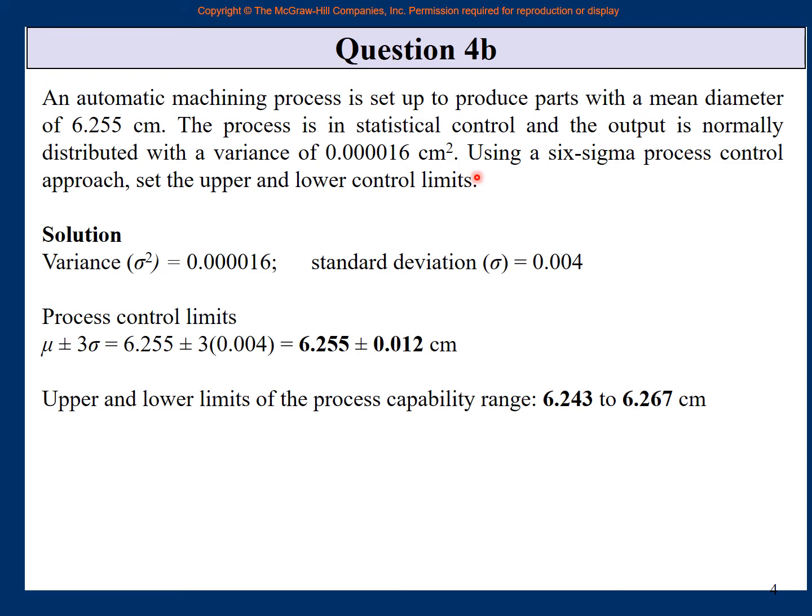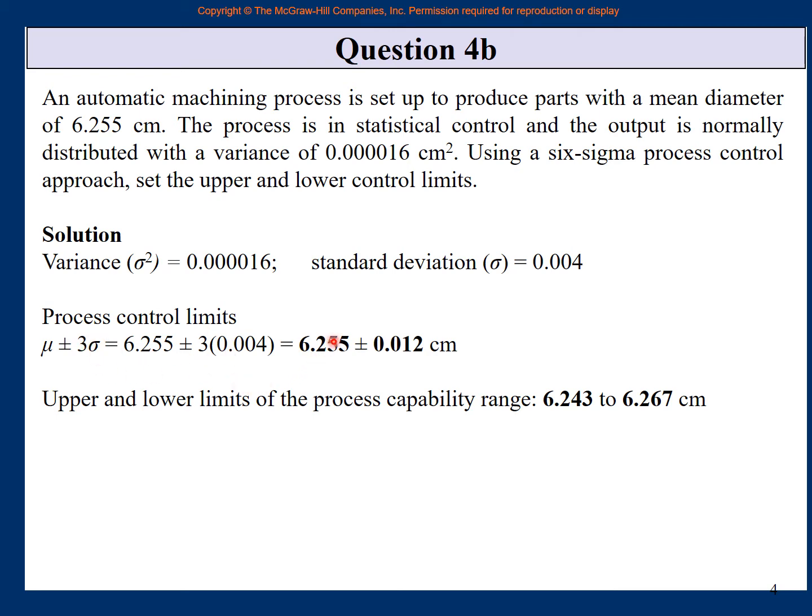So the formula is that the process control upper limit is mean plus 3 sigma, and the lower limit is mean minus 3 sigma. This is what the control limit has. The only small thing is that variance is given as a square. Variance is the square of the standard deviation. Those of you who directly use this value will have a wrong number. This is the variance, sigma squared, so take the square root to find the standard deviation sigma, which is 0.004. Now it is mean plus 3 sigma. Mean is given, sigma is given, so mean plus 3 sigma. Similarly, mean minus 3 sigma.